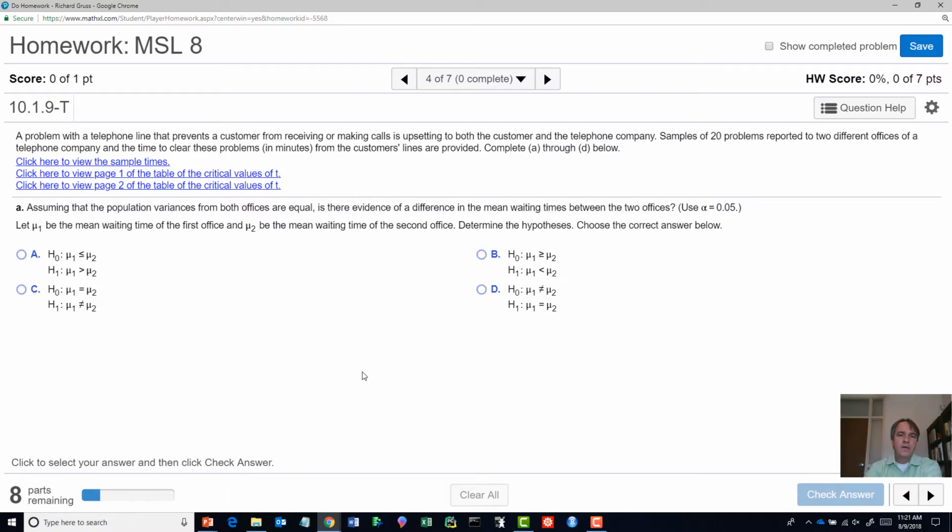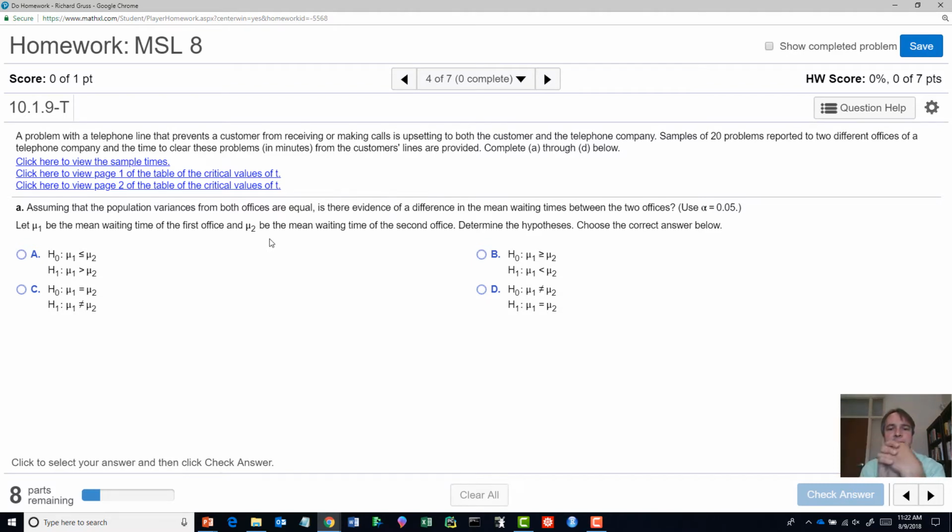Now, there are ways of calculating these things using equations from the slides. And I showed you how to do that, but we're going to go ahead and use the shortcut real world way of using Excel. Okay, all right, so a problem with a telephone line that prevents a customer from receiving